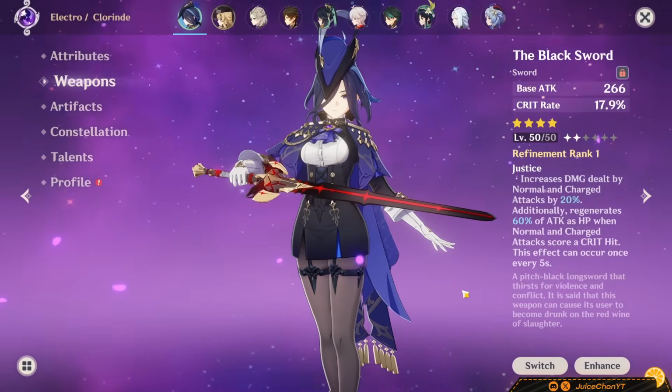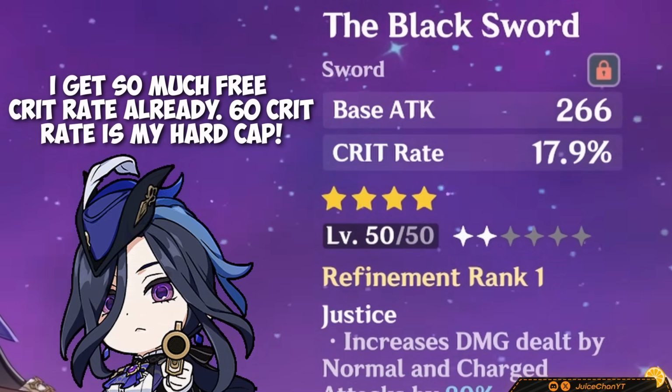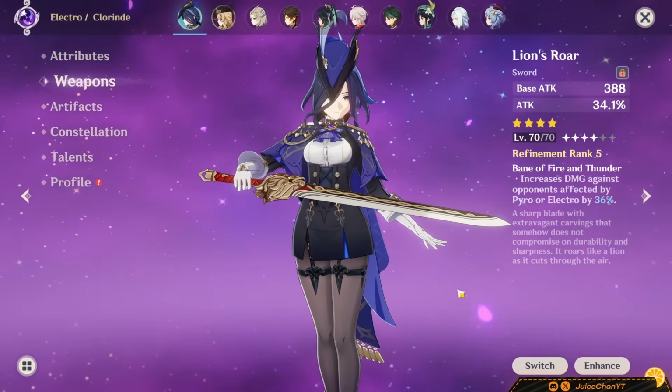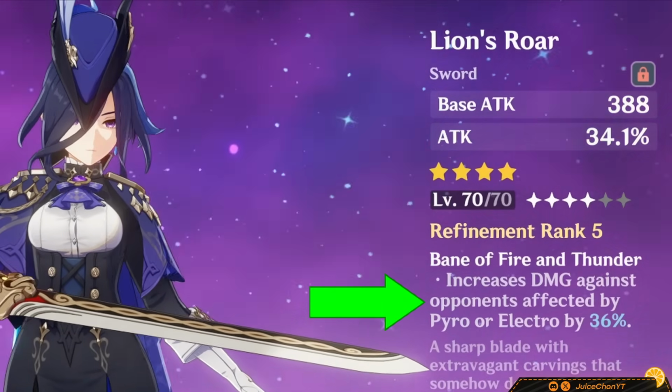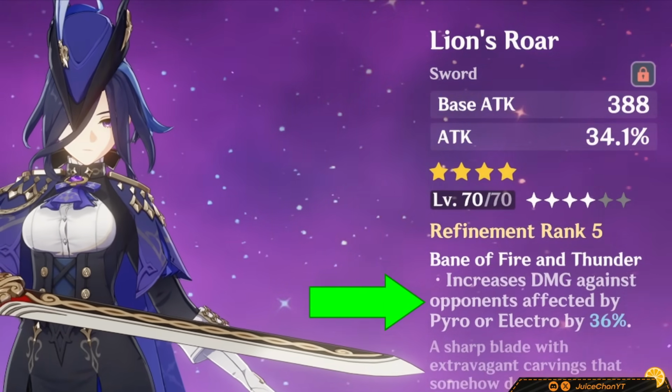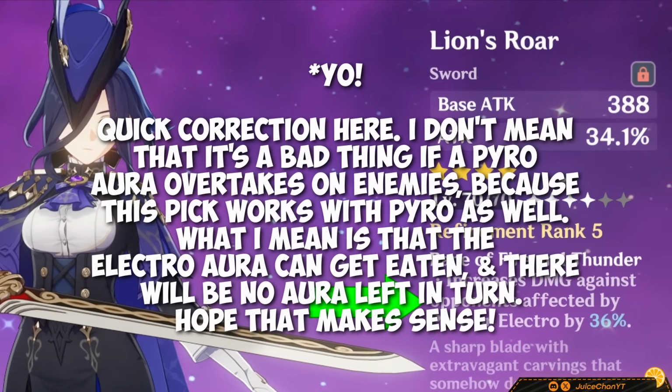Battle Pass option Black Sword is also pretty strong, but having a crit rate substat may make it annoying to build around because Clorinde already has such high crit rate already. Lion's Roar can be good for Clorinde, giving a damage bonus when enemies are affected by Electro. You'll have about a 50% uptime on this. It'll be fine with an Aggravator Mono Electro, but not great in Overload where a Pyro Aura may constantly be